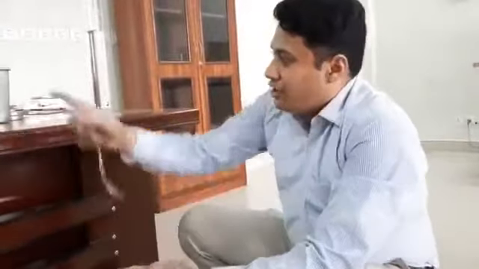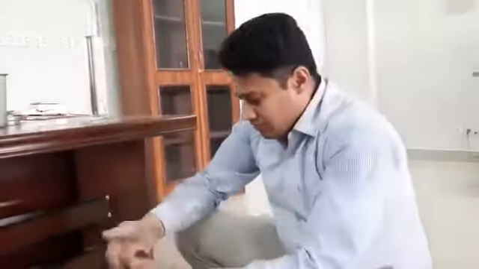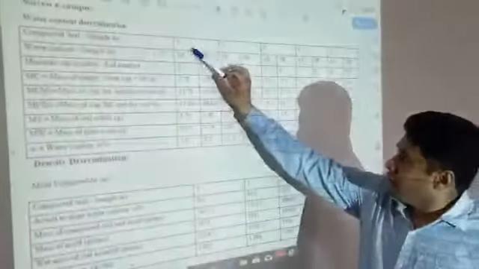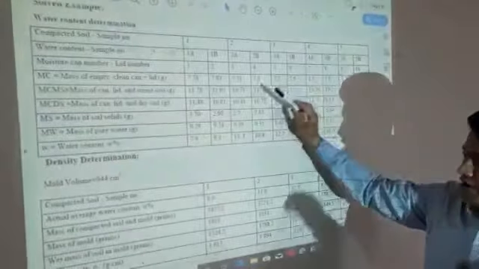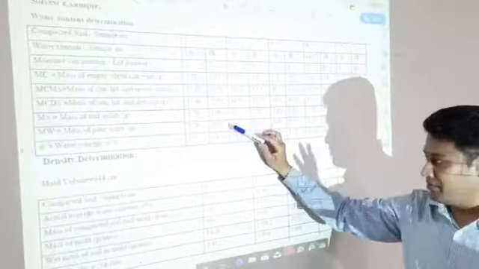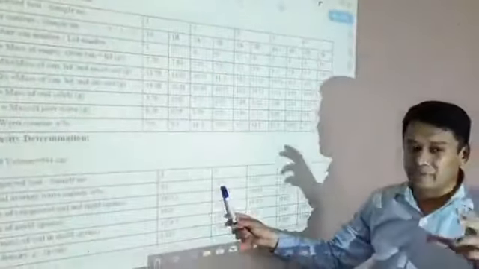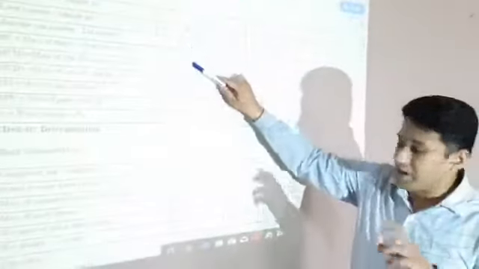Okay? And next I will explain you our table, how we calculate our moisture determination and dry density moisture relationship. I will brief you the moisture density relationship. This is our data collection sheet, and after complete data collection 1, 2, 3, 4 and 5, we have performed the same step 5 times, and this is our initial moisture content 8%, and after that I have added 3% more moisture, then it becomes 11%.